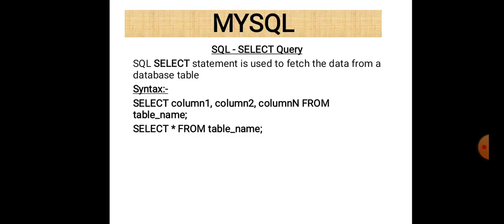In this way you are able to show the result related to a particular table. Using the select statement, it is possible to select a particular portion of the table or the entire table. If you want to select the data related to a particular column, then just mention those column names only. And if you want to select the entire data without any condition, then just write select star. Star means all. In this way you are able to select the entire data of your table.